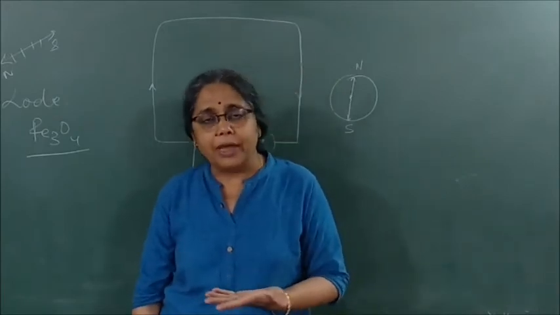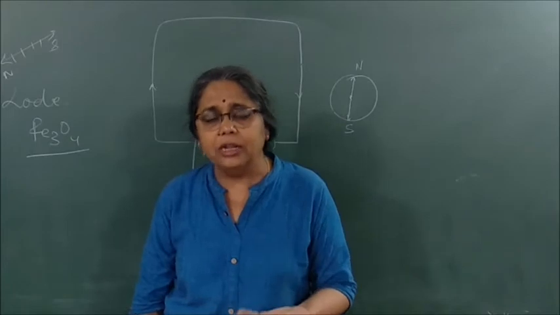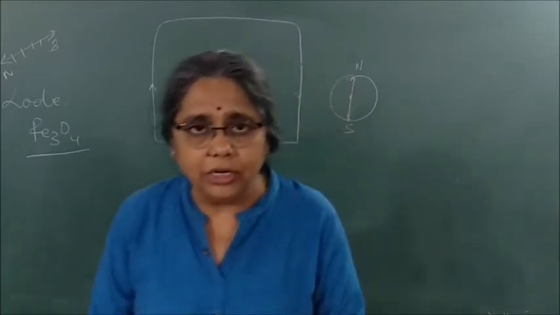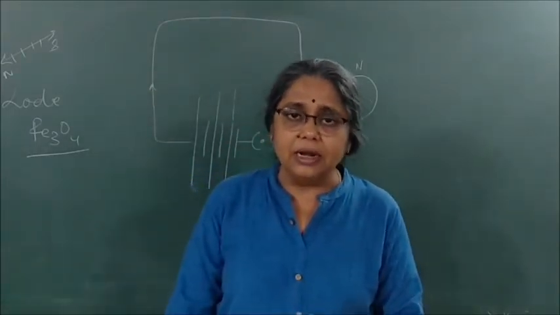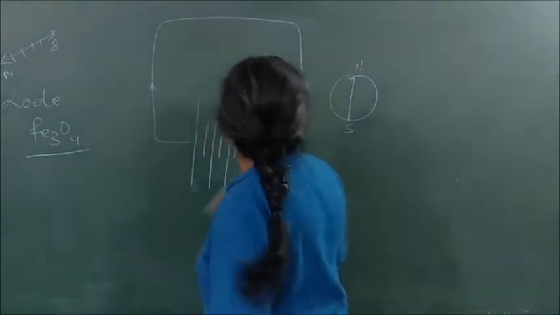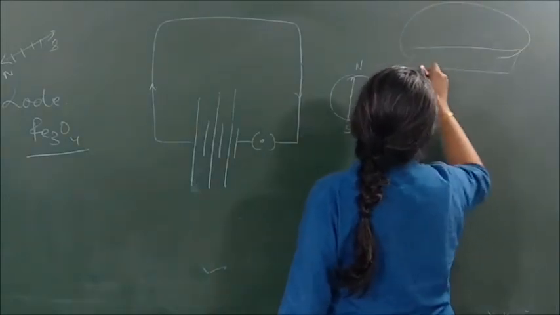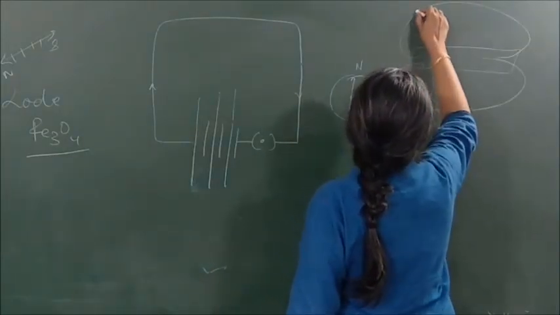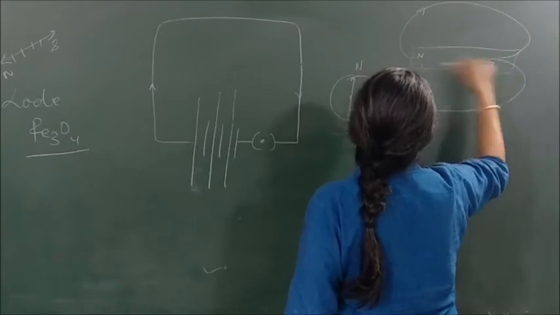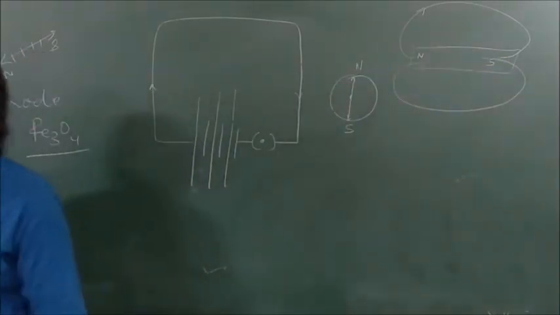How do I draw my magnetic field lines? Take a cardboard, sprinkle some iron filings on it, put the bar magnet at the center and tap the cardboard. You will find that the iron filings arrange themselves in the form of concentric circles moving from north to south outside the magnet and south to north inside the magnet.